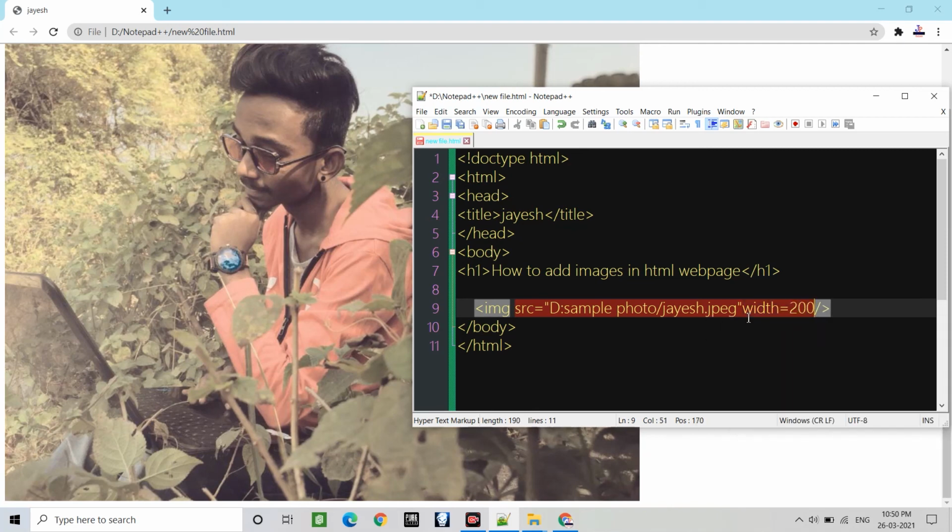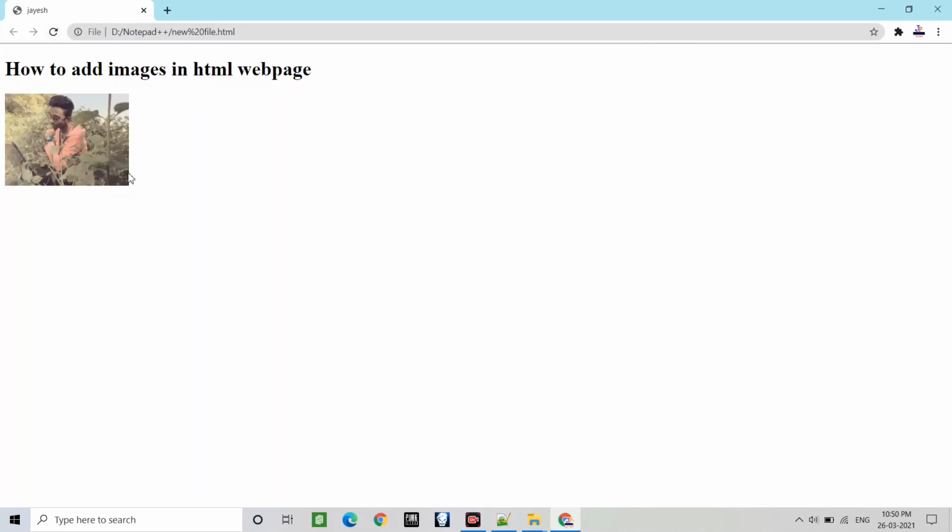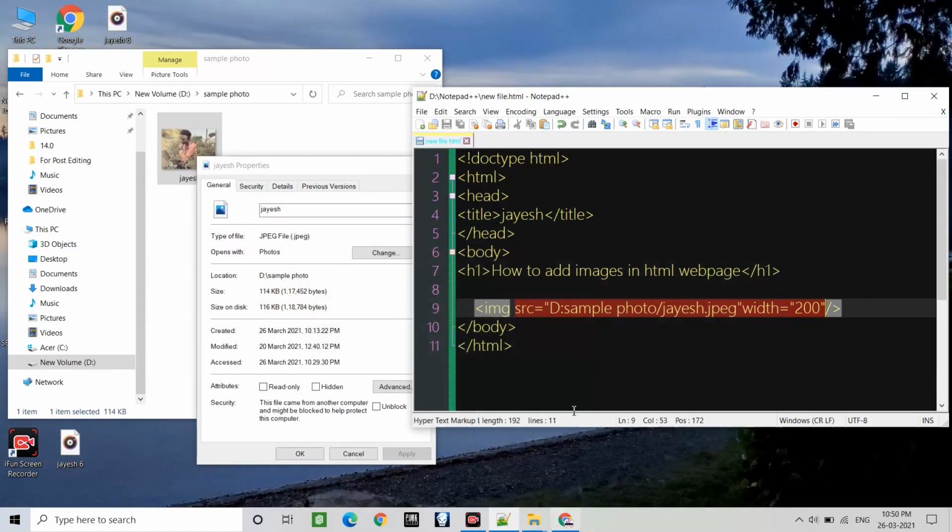For that I'm using the width attribute here and adding 200 pixels for my image, and saving it, opening in our browser and just refreshing. As you can see our picture is a little bit small, and you can use this in your web page content for adjusting image size.